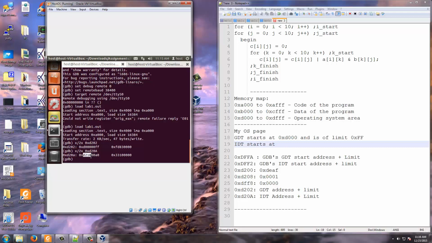Your IDT starts at D210 and it has a limit of A0. So it has a limit of 00A0 as I am marking here, and a start address of 0000 D210. So your IDT starts at 0xD210 and is of limit 0x00A0.